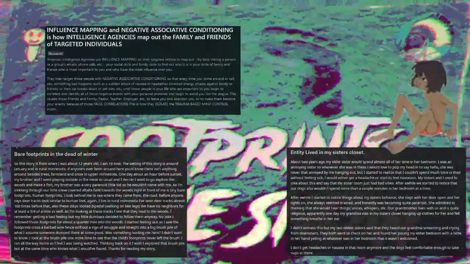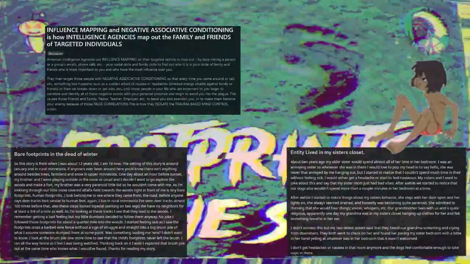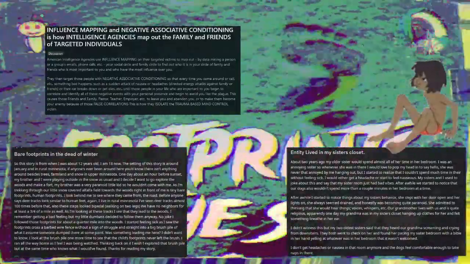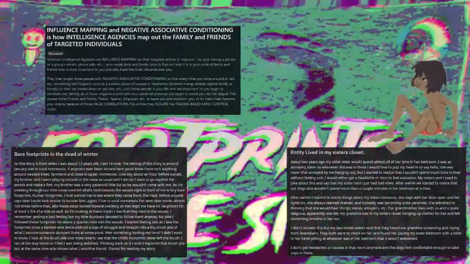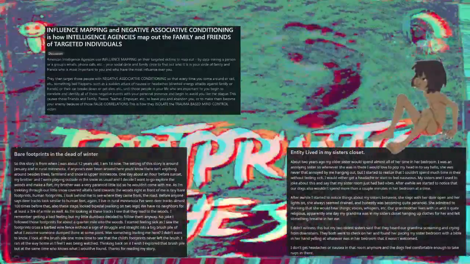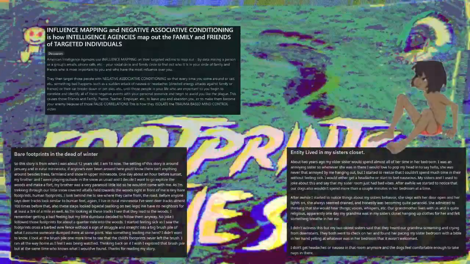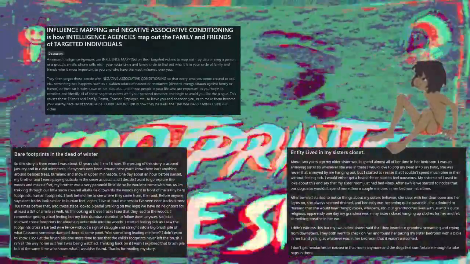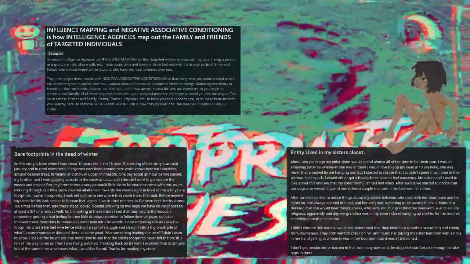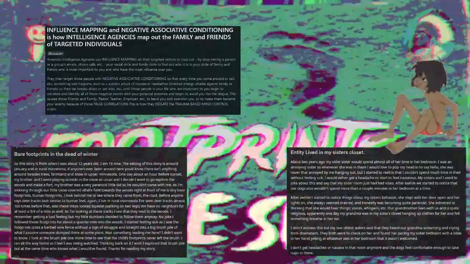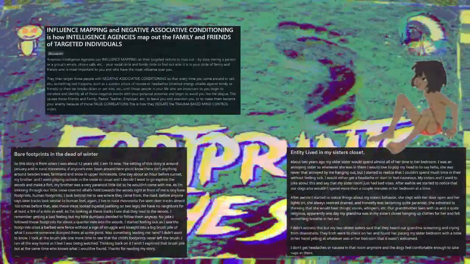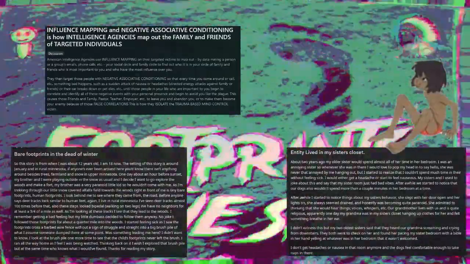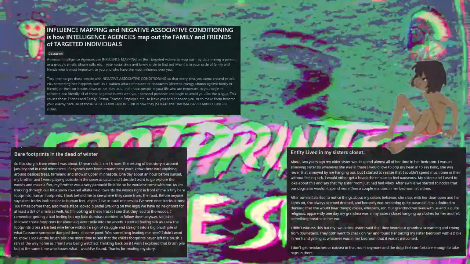After it happens enough times, that person will begin to falsely correlate you with those physically and/or psychologically painful events and will begin to avoid you like the plague, or turn against you and become your enemy, believing you ruined their lives or deliberately hurt them in some way. It's called negative associative conditioning, and it's a process which is easily achievable in just a very short few weeks or months. This is how influence mapping and negative associative conditioning works and is used against mind control victims,